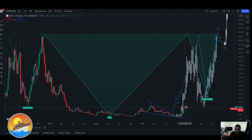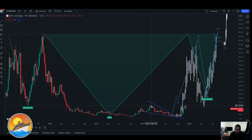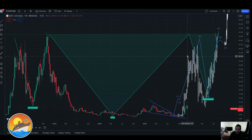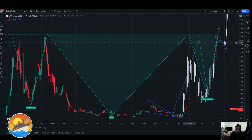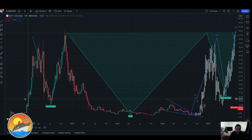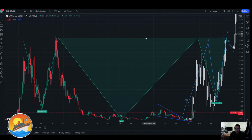And potentially in the weeks to come, we're going to take out this local top at prices above $12, and then we can quickly snap to prices of around $40 to $50, which was its all-time high. Because if history is any indicator, we can repeat something like that move. From the end of December till early February, so around 2 months, from $4.50 we went to $42, so 10x. So if something like that plays out, we can quickly snap to $40, and it can potentially start testing all-time high